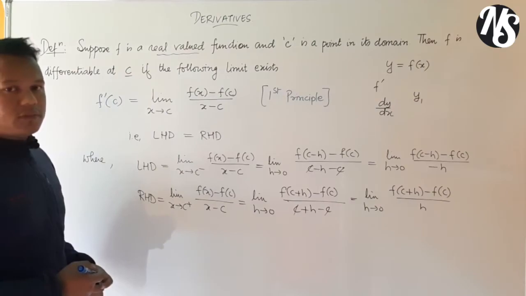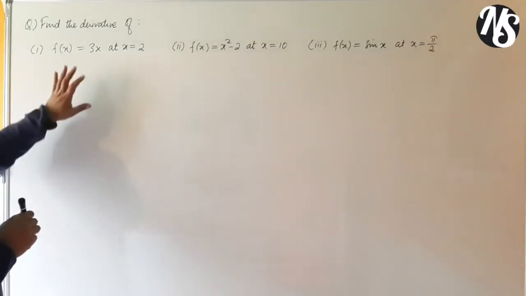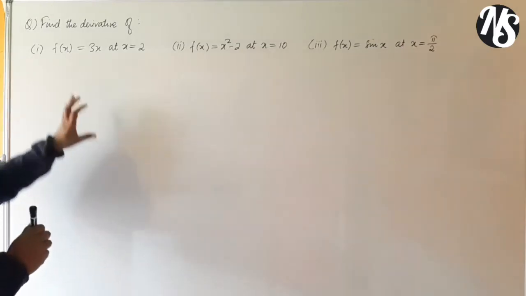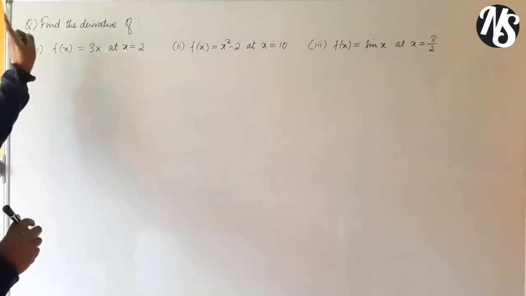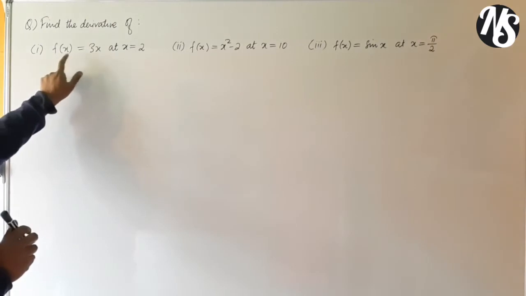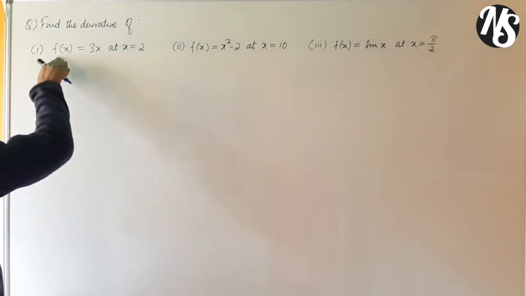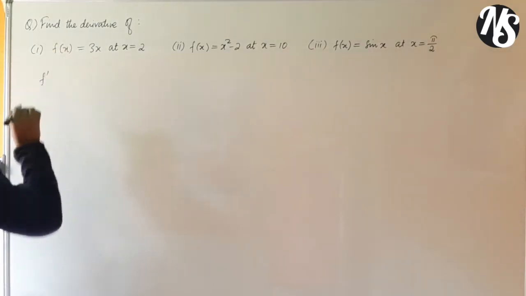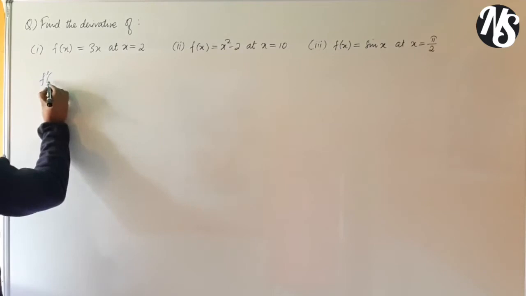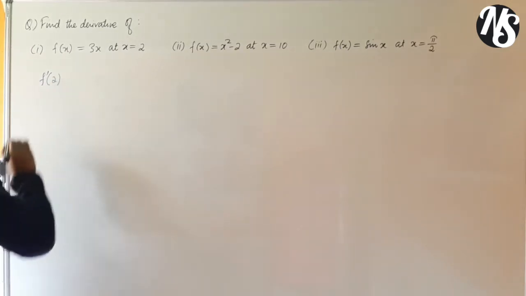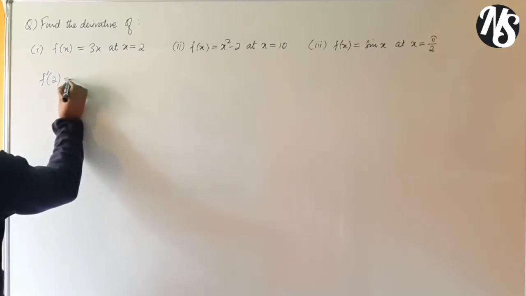Alright, dear students, let's see a few examples, very simple examples in fact. So the first question says, find the derivative of f(x) equals 3x at x equals 2. Okay, so they are asking the derivative of this function, which is represented by f dash, as I said, at the point 2, right? So you are finding f dash of 2,